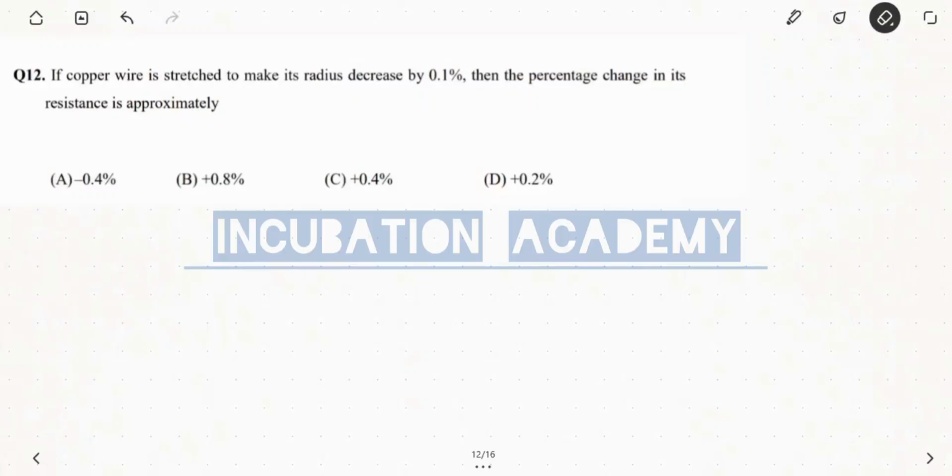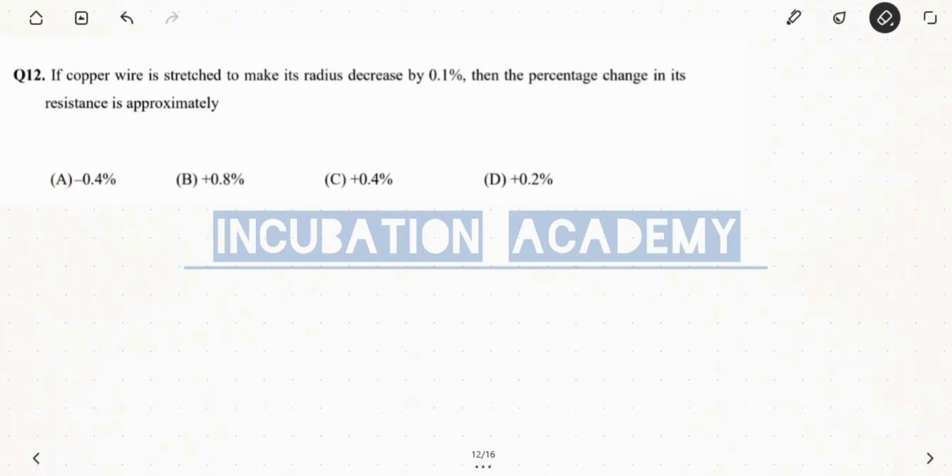Welcome everyone. The question shown on the screen is question number 12 of the CBSE sample paper 2025. If a copper wire is stretched to make a radius by 0.1%, then the percentage change in its resistance is approximately: option A is minus 0.4%, option B is plus 0.8%, option C is plus 0.4%, and option